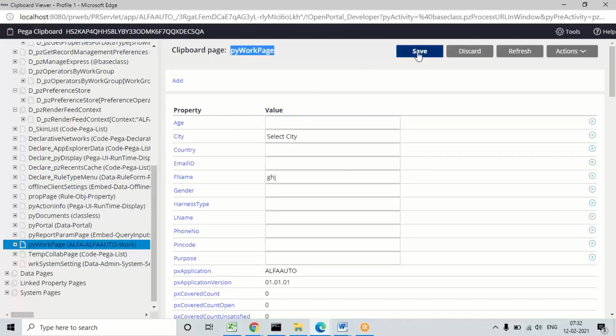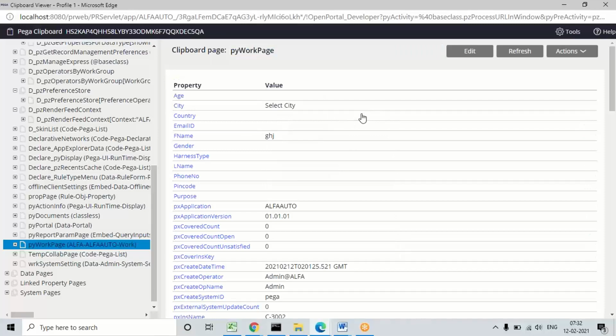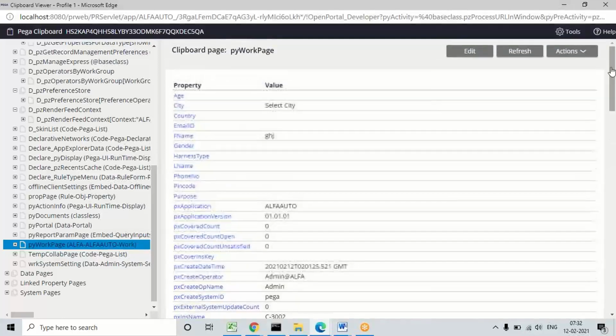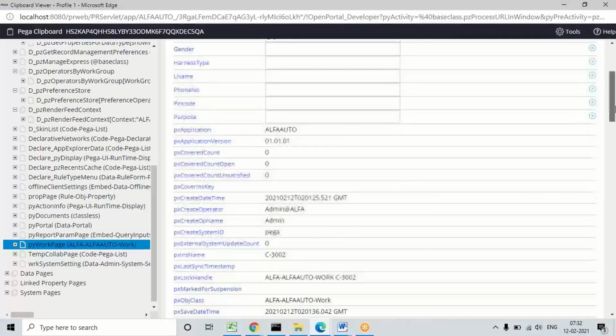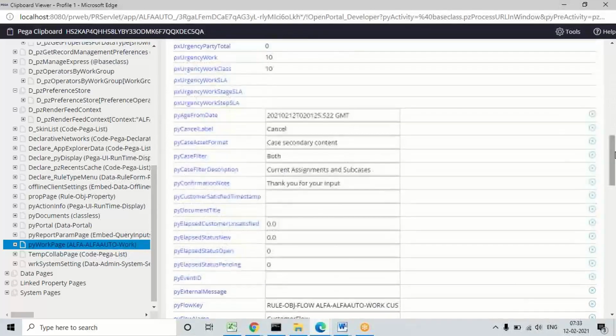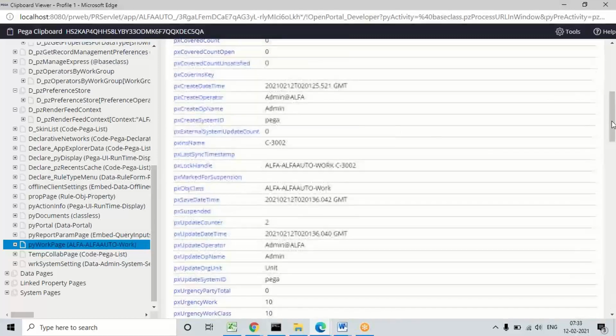If you click on the edit option, we will get the edit option where we can edit the values in the py type. For px, if you scroll down, there are so many px properties, but you'll understand later, guys. Some 5 to 10 properties will be important that I'll show in the next scenarios. If I click on edit option, for px types you will not get any edit option. You'll get the edit option only for the user defined properties and the py properties. From py types, edit will be possible. But px types are nothing but read-only.